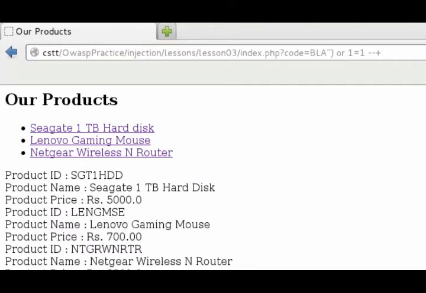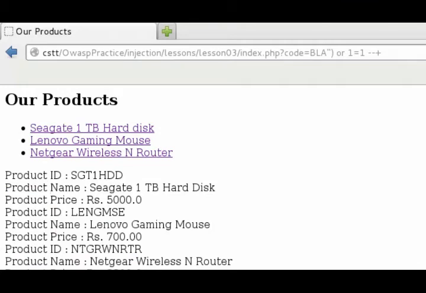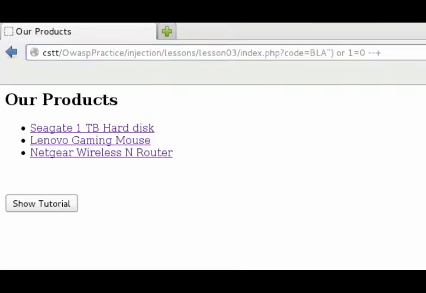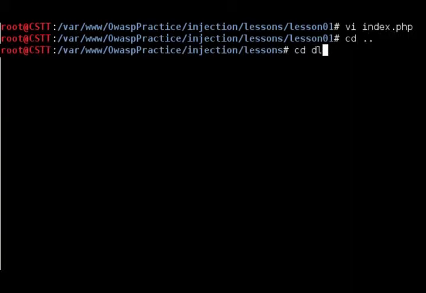You can see that we are getting all the results in one shot. This means we are properly executing our query. We can say or 1 equals 0, and that's not going to return anything. That can give you a clue that your execution is being done. And just quickly, let me show you the source code also, so that you can understand